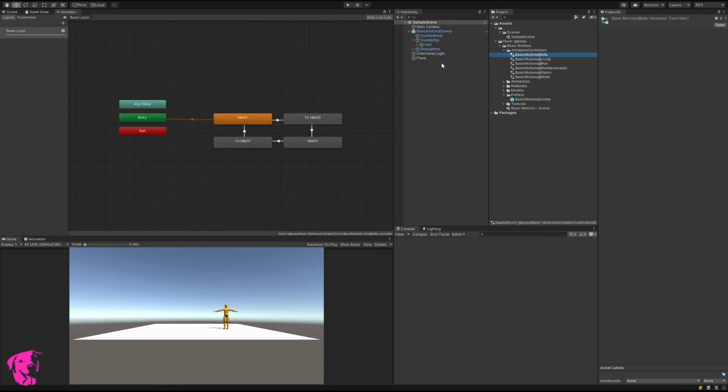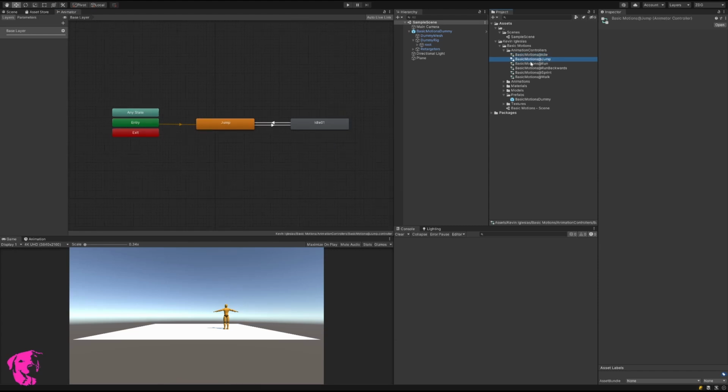So instead of a single controller for all the states, because this is a demo, it makes sense. He's just got like a jump controller, a run controller, run backwards. Now in a real game or a real setup, you would probably have a single controller or maybe a couple of controllers depending on purpose built. But